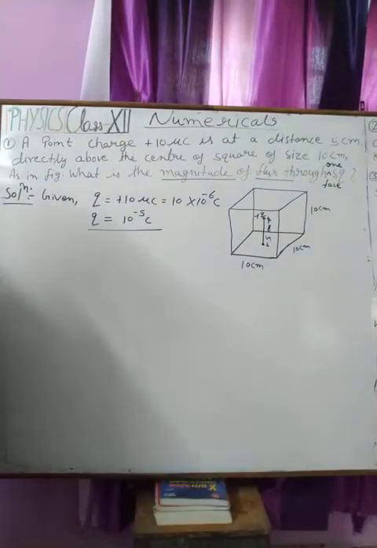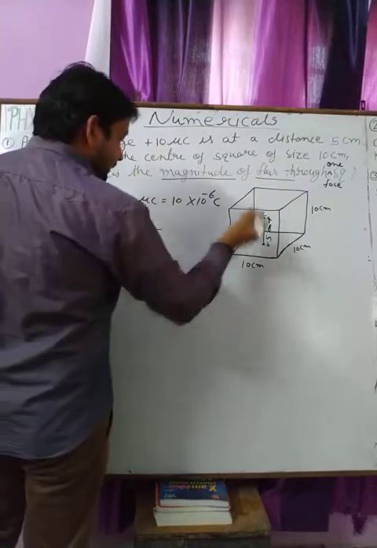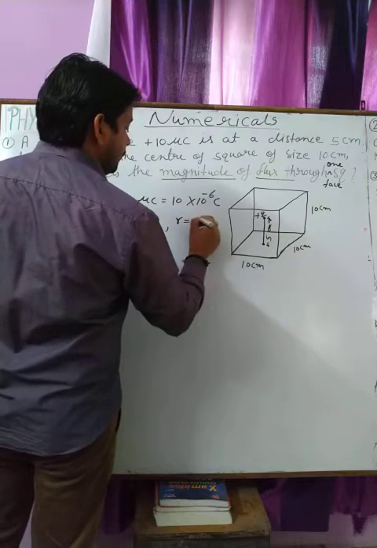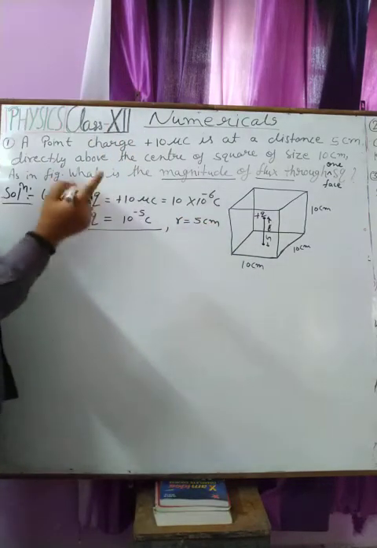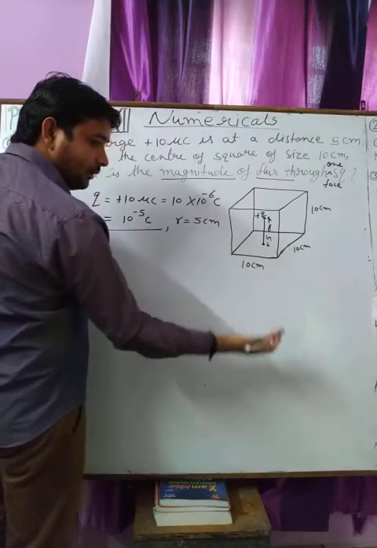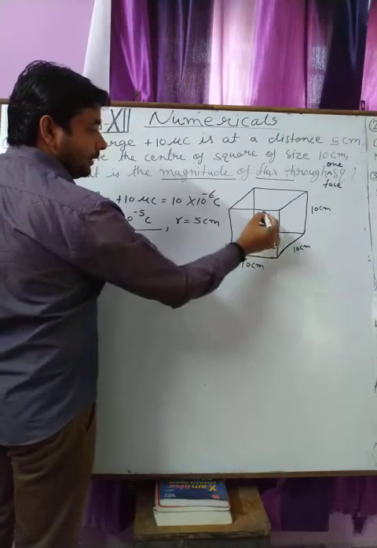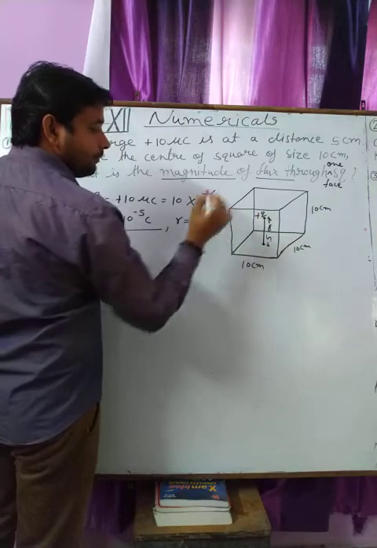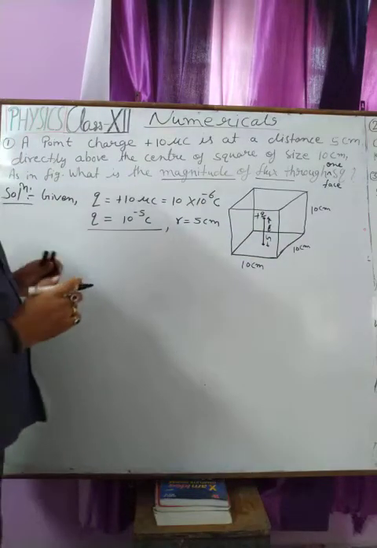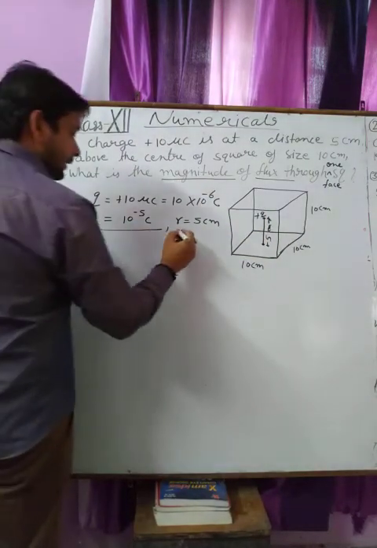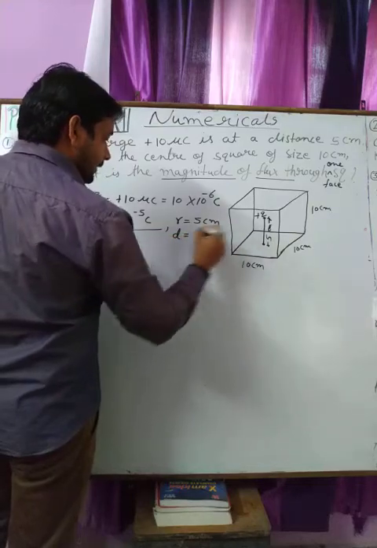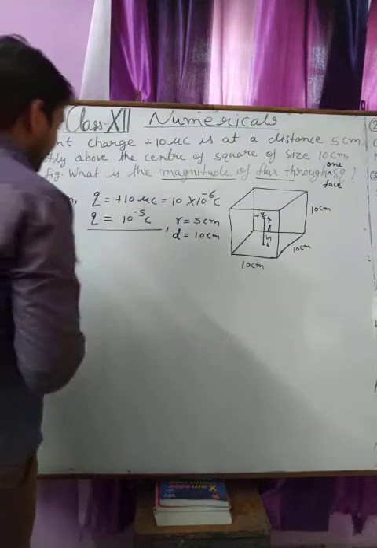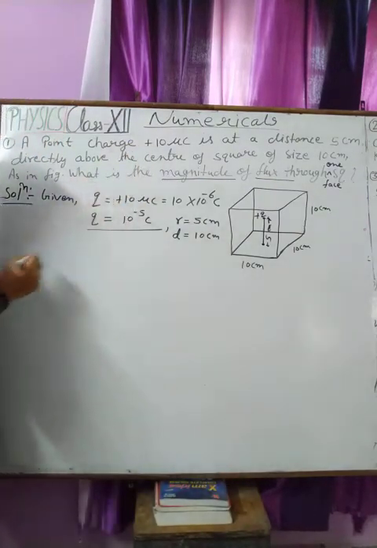And student, here we have the distance r equal to 5 centimeter above the center. Suppose this is the center of the bottom surface and this is the distance of 5 centimeter, and here the charge is placed at the center. Okay, and the side is 10 centimeter. According to Gauss's theorem, the flux passing through the surface is given by,